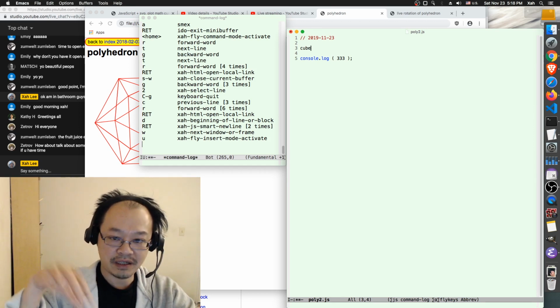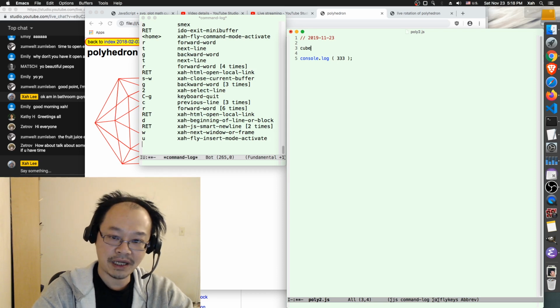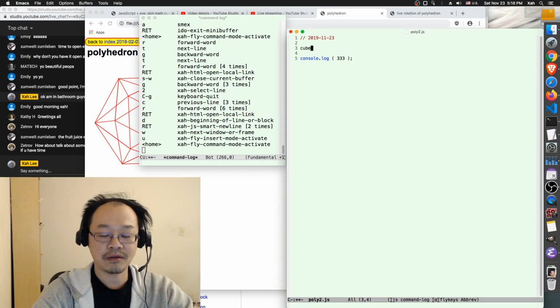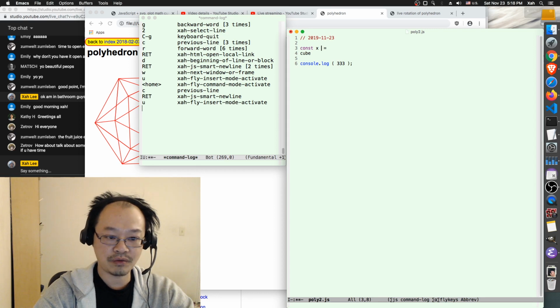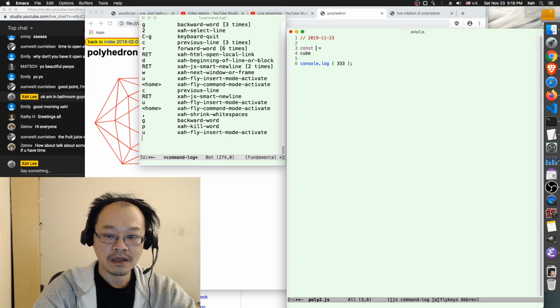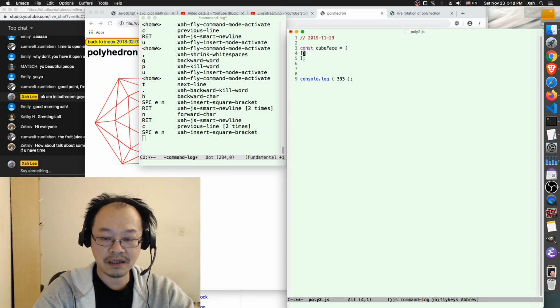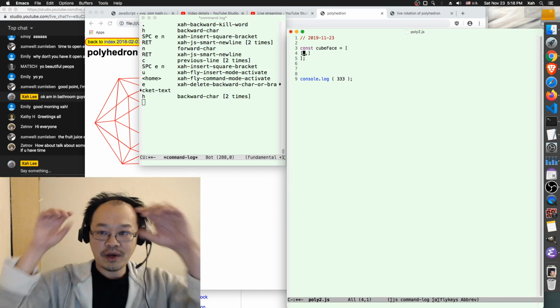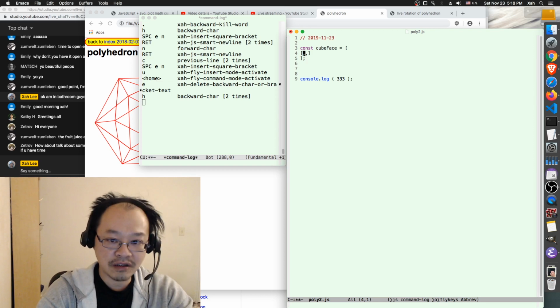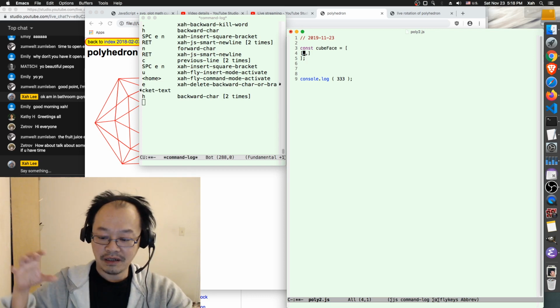That is slower, and that talks about many things in detail. So right now I'm just going to do it fast to catch up. So create a constant cube face, and this is going to be an array of values. So cube face, the corner, one face of a cube corner. So it's going to be, let's say,